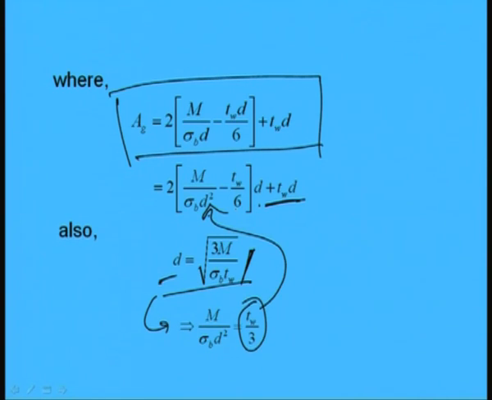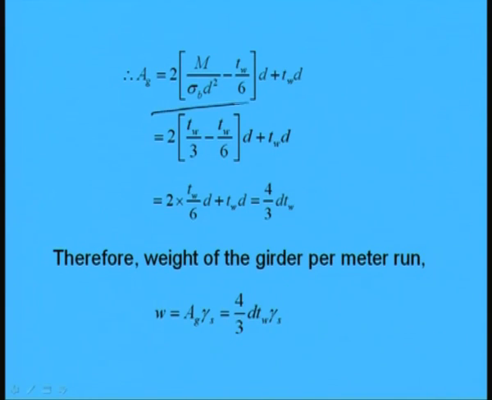Is it clear? So, here considering C1 is equal to C2, we can find out the d value, and from that relation we can find out m by sigma b into d square is equal to Tw by 3. Now, if I put this m by sigma b d square here, then the Ag value will become like this. This will become 2 into Tw by 3 minus Tw by 6 into d plus Tw d,